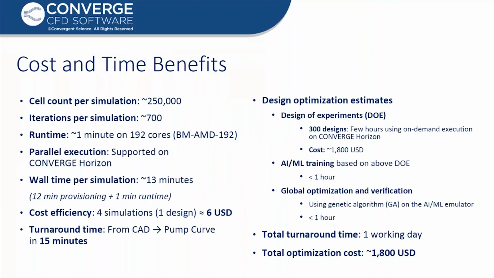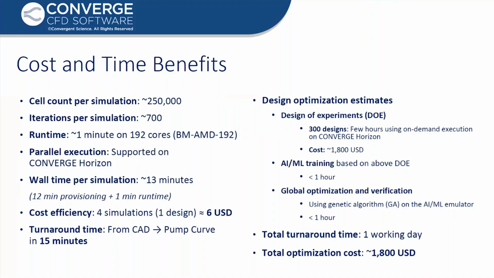Now, if I extend it to a design optimization study, generally what we do is a design of experiments, where we run multiple designs, varying the input parameters to generate multiple designs and evaluate them. So we have certain input and it will give certain output. And then, once we have that data, we use that data